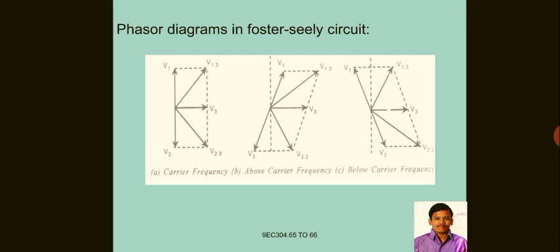Therefore V1 is the first half, V2 will be the next half. Therefore that's why V1 and V2 are drawn on opposite sides. V1 will be above the reference towards the positive side, V2 will be towards the negative side, and here V3 will be